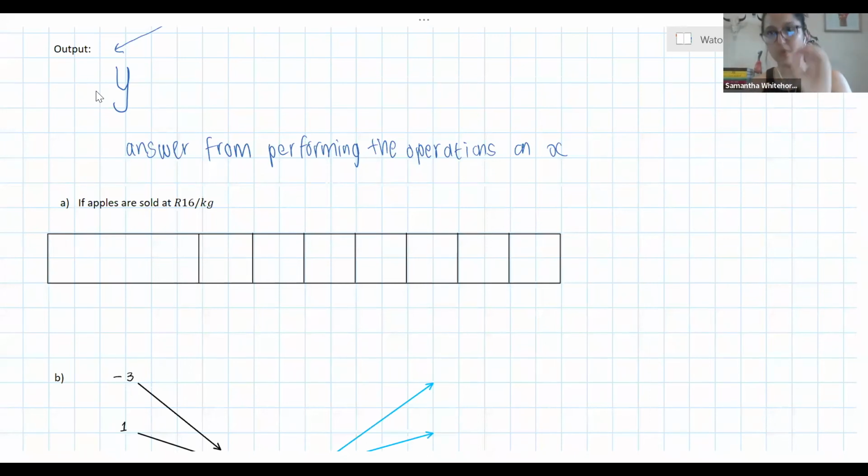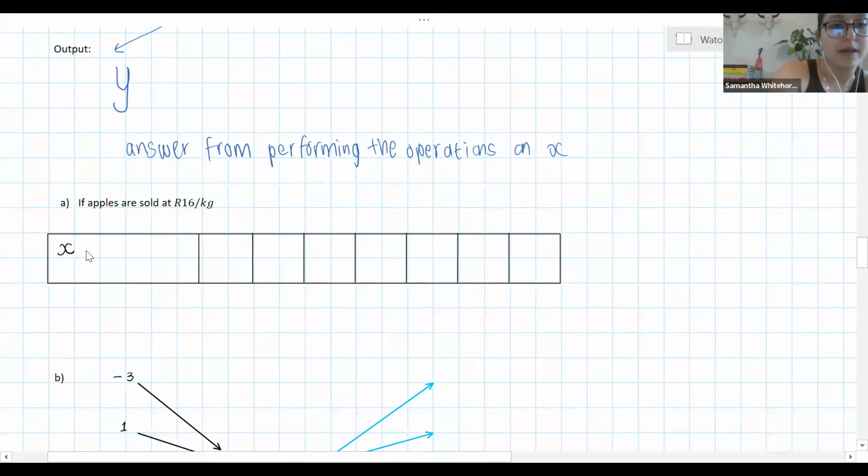Your independent variable is sort of what we would usually put on our x-axis. And in this case, we're talking about how many apples we are buying. I can buy however many apples I want. The cost then depends on how many apples I buy. And so my cost or the price is then the dependent variable. I'm going to use X's and Y's because this is what we need to get used to. So if I think about my input as being the number of apples I buy, and my output then being the price or the cost of those apples,